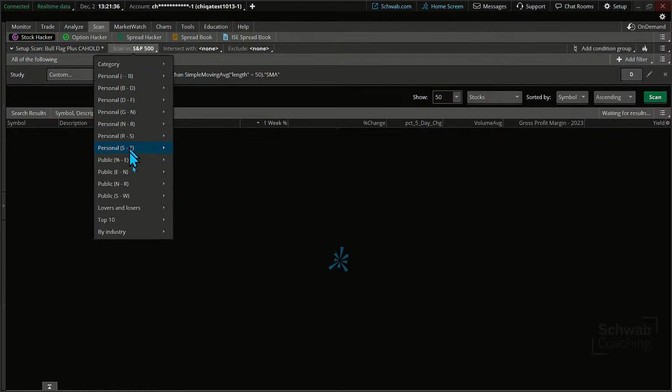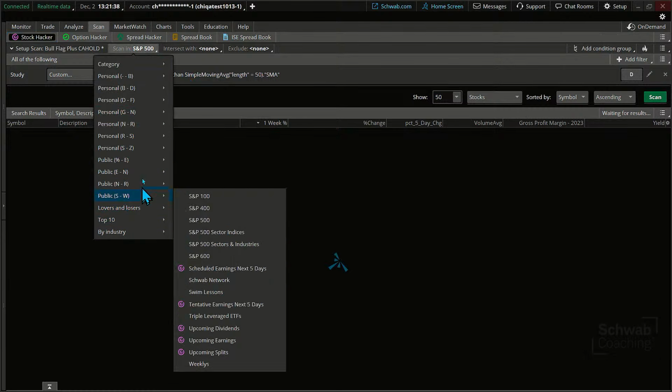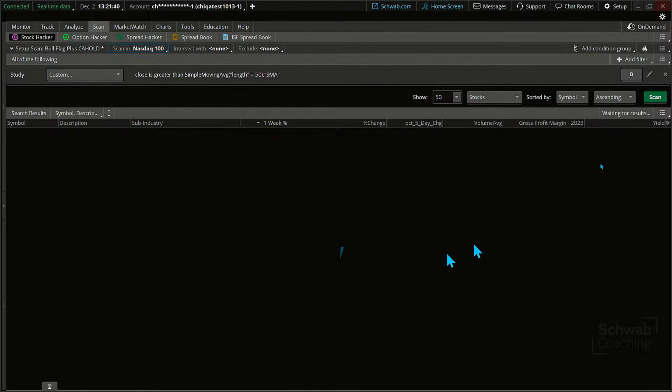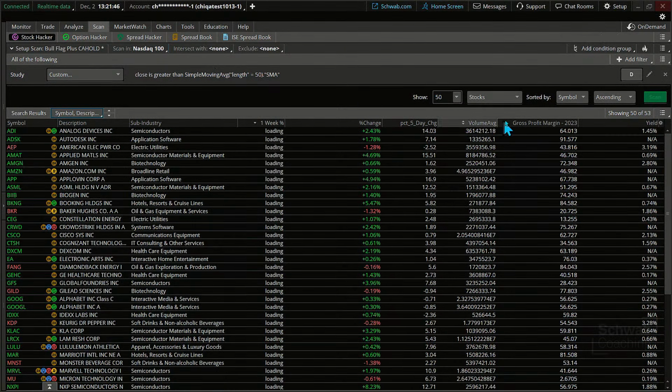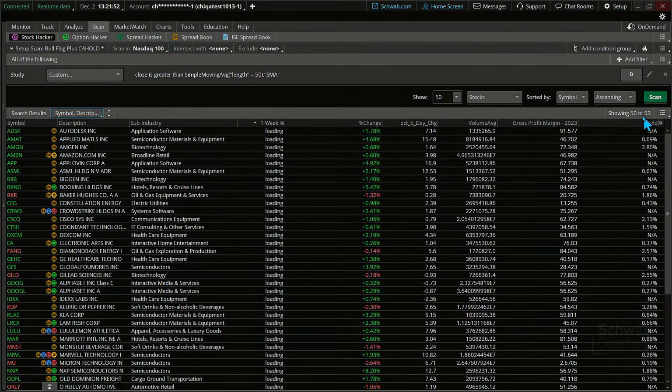I'm going to do a shorter term one because right now it seems to be struggling pretty good. All right, it likes the 50. Wait, yeah, it likes the NASDAQ a lot better. Notice here you're getting about half. It's fascinating. About half are above and half are below. You get about 53 out of the 100 NASDAQ stocks that are there. But that's just one portion of it.